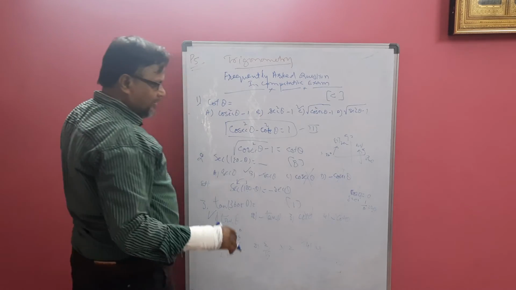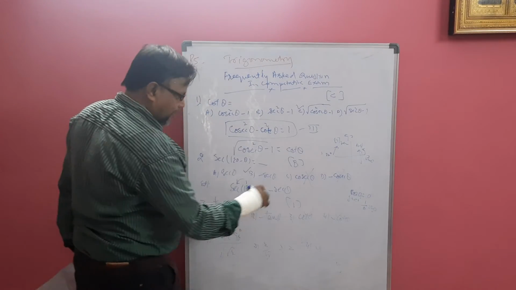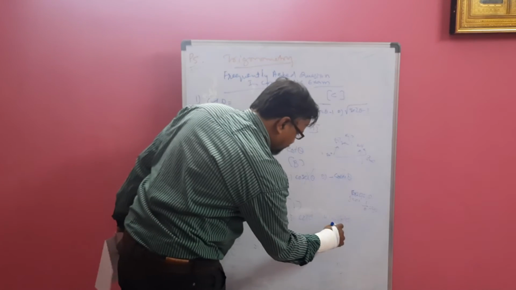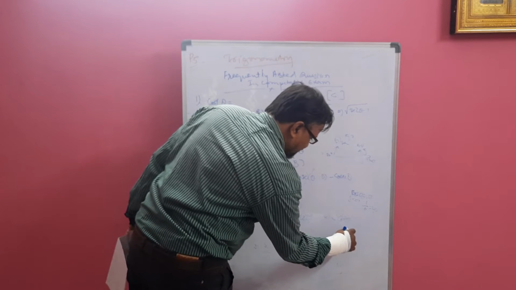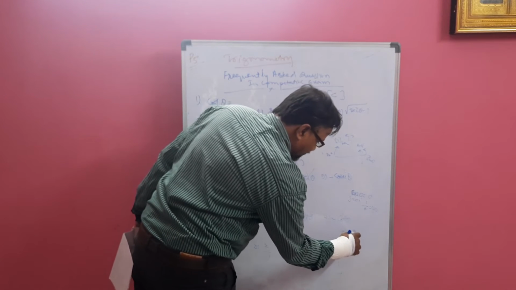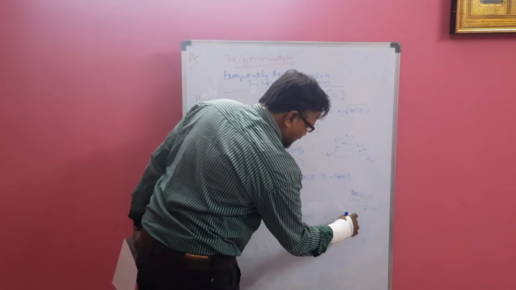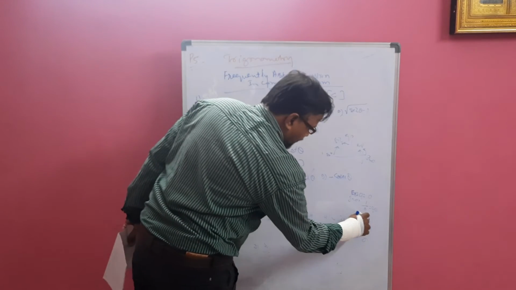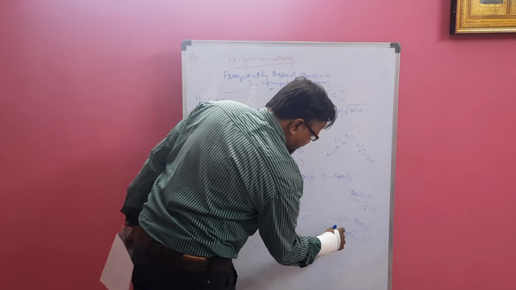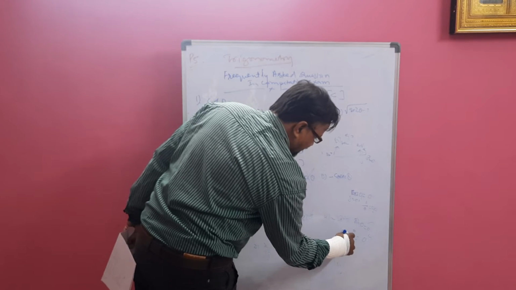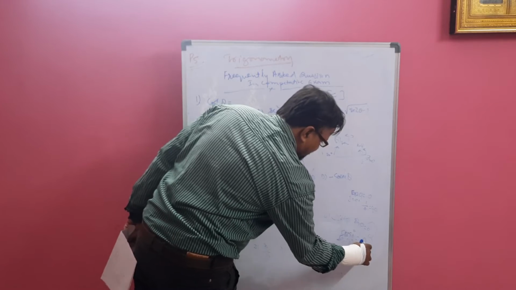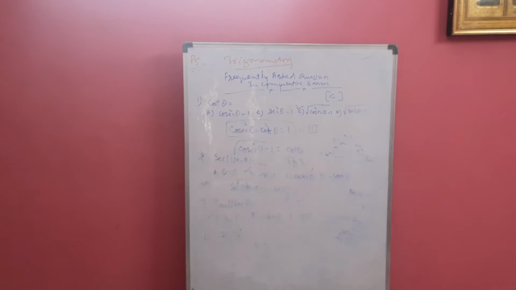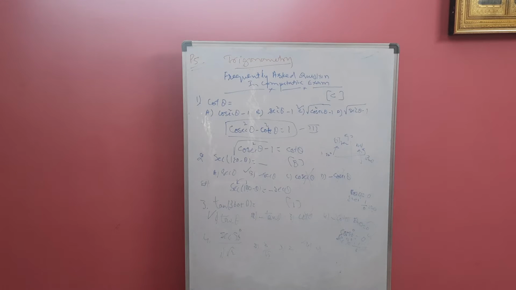For cos 90 we know that, for sec 90 we have to see sin 90 degrees. For sec 90 we have to take the cos 90 degrees value. That is what? 0. Why? Because sin 0 degrees is 0. If we interchange it, this value changes to 90. The cos is this, which means the reciprocal of that is 1 by 0, that is infinity. So like that we can find the values. Very simple one. Problems are very easy in trigonometry if you learn the formulas by heart.